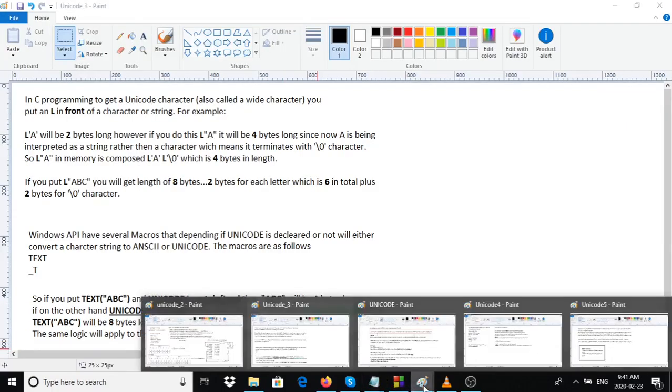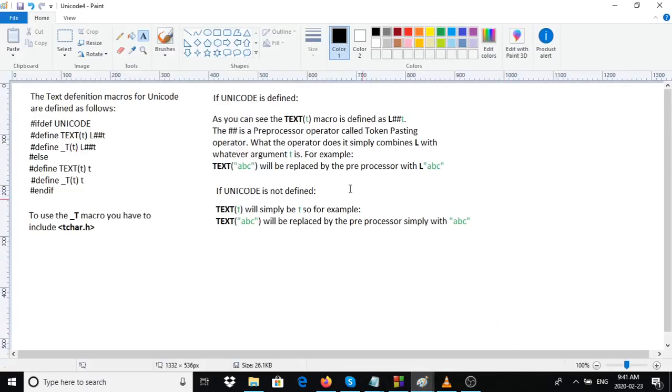Okay, let's see here, 4. Okay, this one. So what it does is that if Unicode is defined, this is the definition macro for TEXT and _T. So what happens here is as follows. If Unicode is defined, here it checks if Unicode is defined, then the TEXT macro will take